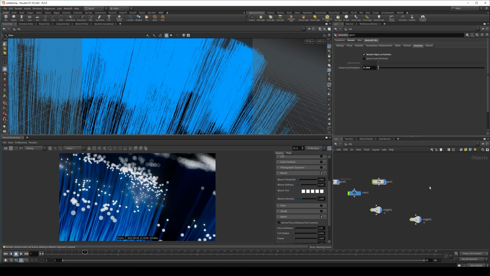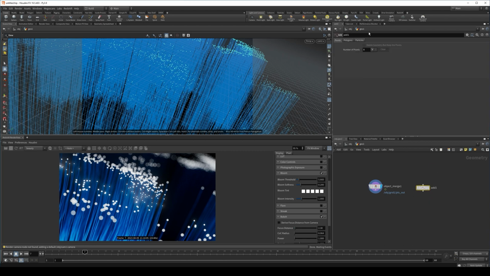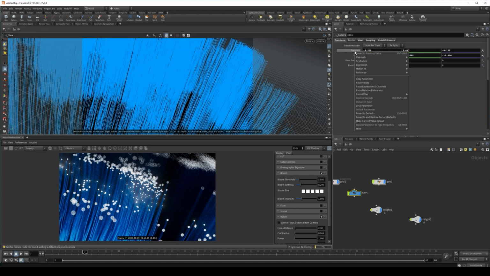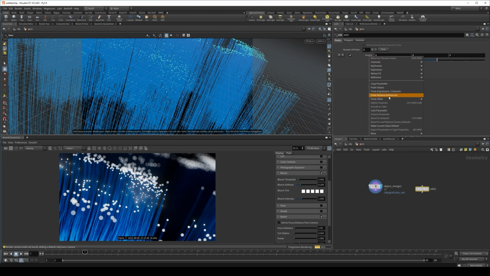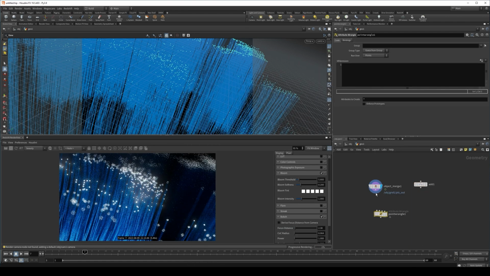Oh, and one more thing that you can do is make the points fade. So you can drive the emission intensity depending on how close the points are to the camera. Let's do it. We need to create just a point, and it should have the position of our camera. So we copy its position, copy parameter, paste relative reference. Okay, now let's create point wrangle, connect it like this, and